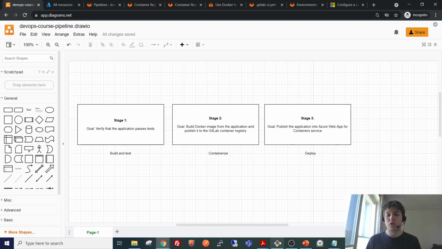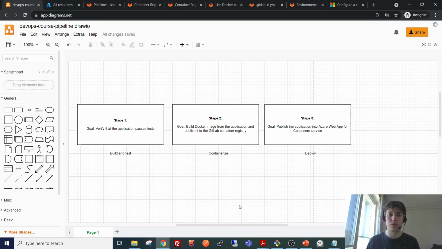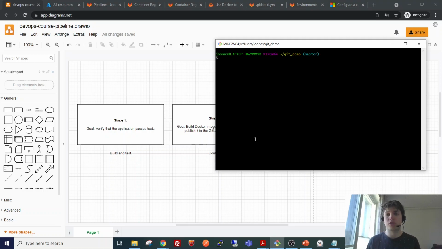But first I noticed that there are some things that we need to update on our application, since we separated the app.js and index.js files earlier when we made the tests for the application.